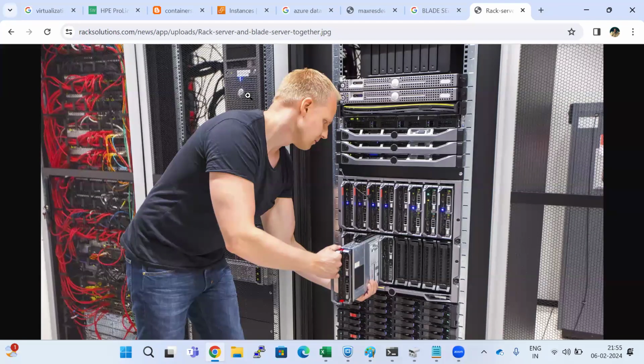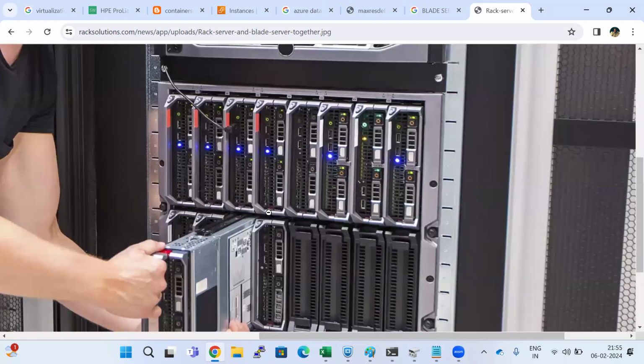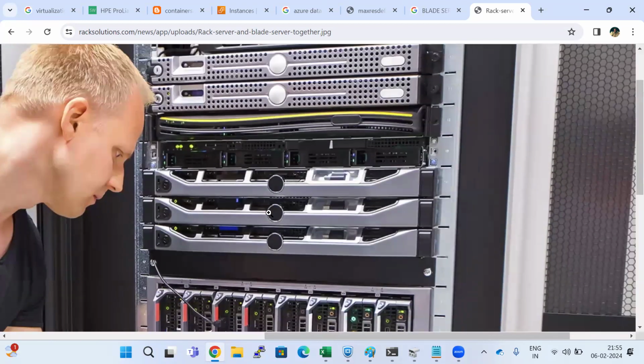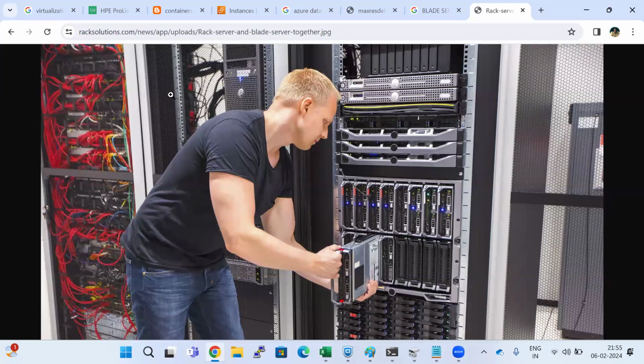Sometimes the tower servers will be slower. Depending on the speed and the requirement, if you want to run multiple applications, you can go ahead with the blade servers. And if you want multiple virtual machines to be created, you can go with the rack servers or tower servers. Depending on your requirement, you have to choose the servers. So the servers are differentiated only because of their